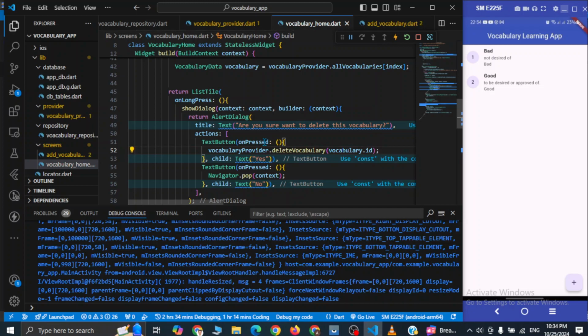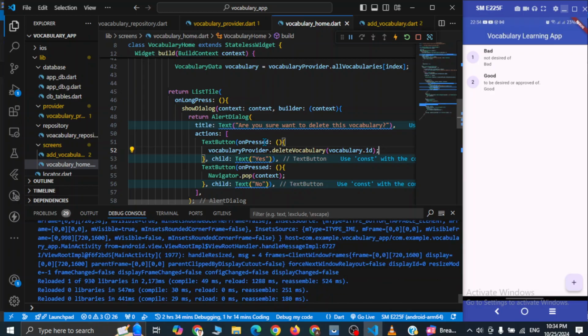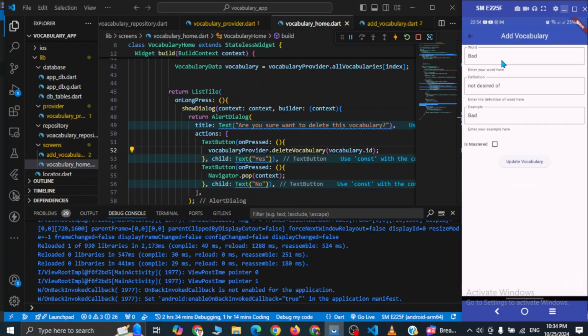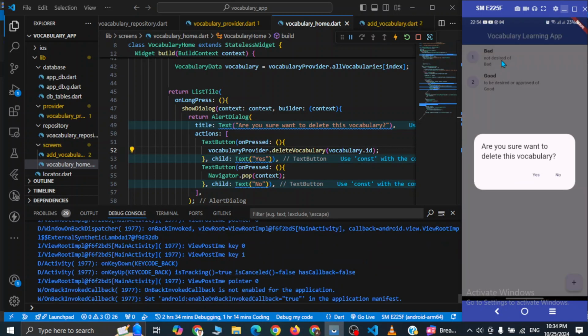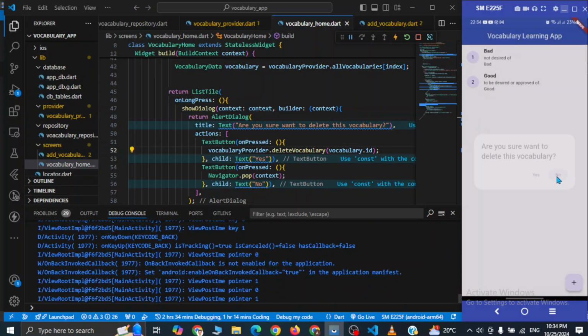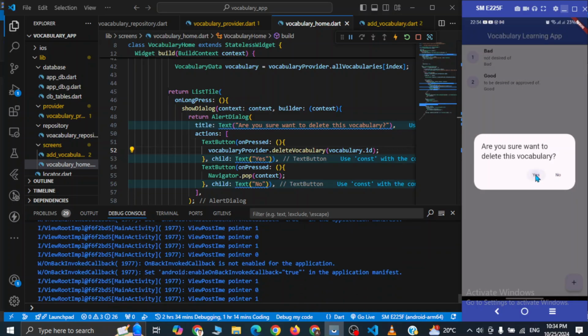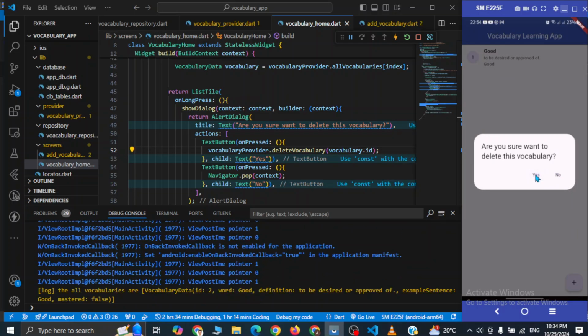So I guess it must work, so let's save this and give it a try. So let's delete bad. Not clicking, just long press here, and it is asking, are you sure want to delete this vocabulary? If no, then it is closed, and if yes, then it is gone, and we have to